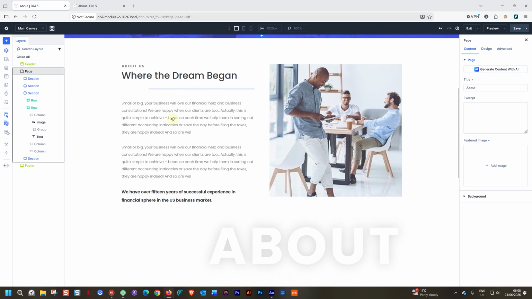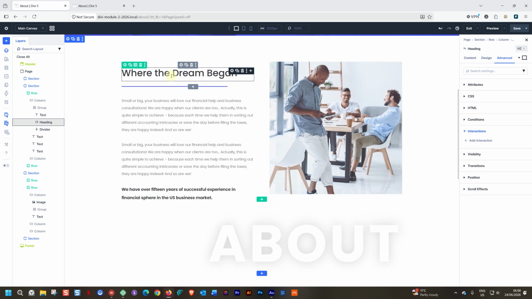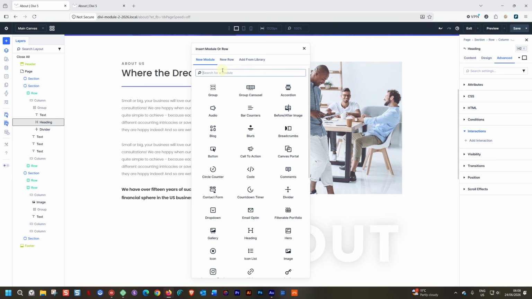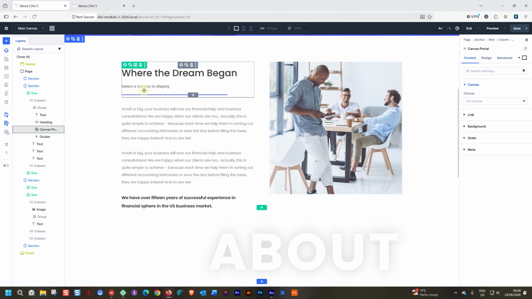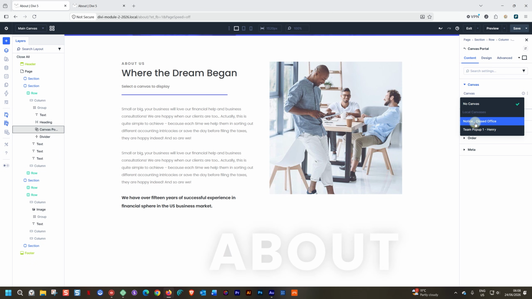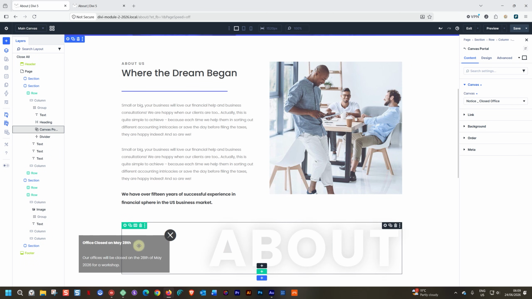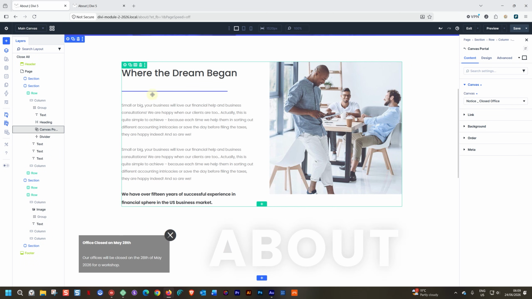We go back to the About Us page. There is actually a module called Canvas Portal that you can bring onto the page. When you select the Canvas Portal, from the drop down in the options on the right, you select the one. So I can have the notice and it will bring it onto the page like so. I find this doesn't always work very well for me. And there are many, many issues that I've encountered with the Canvas Portal,